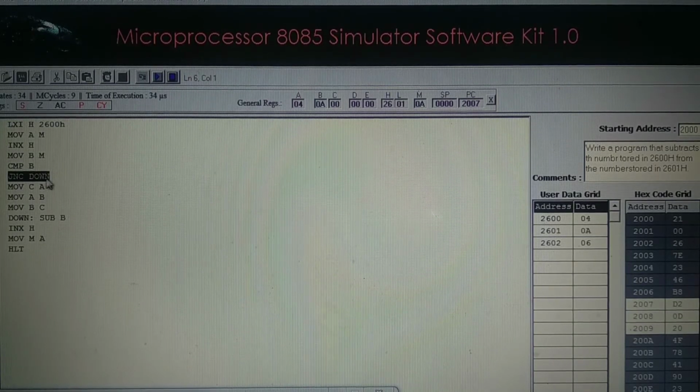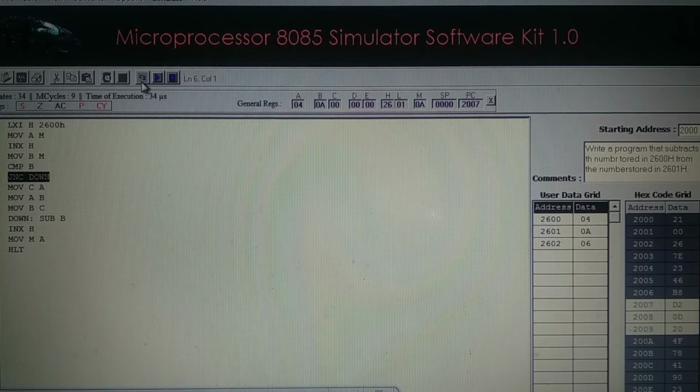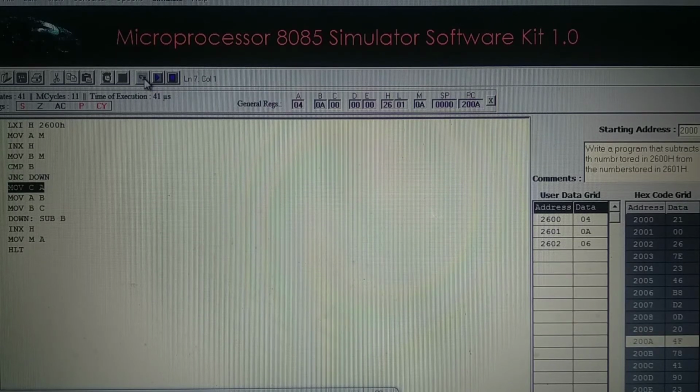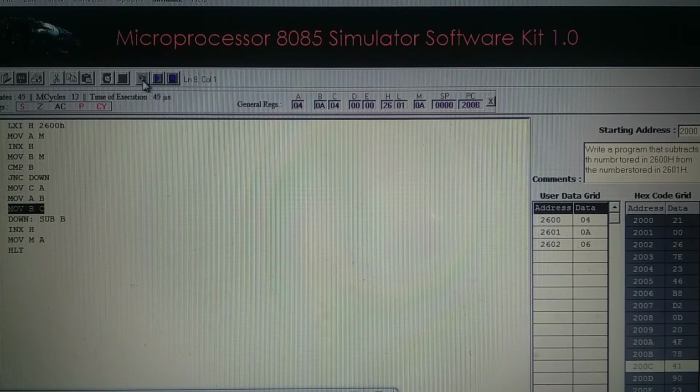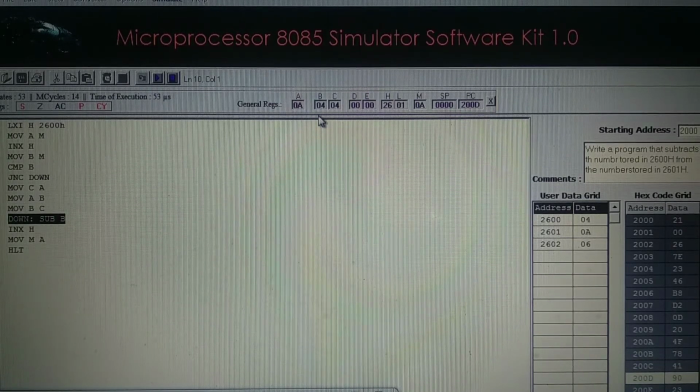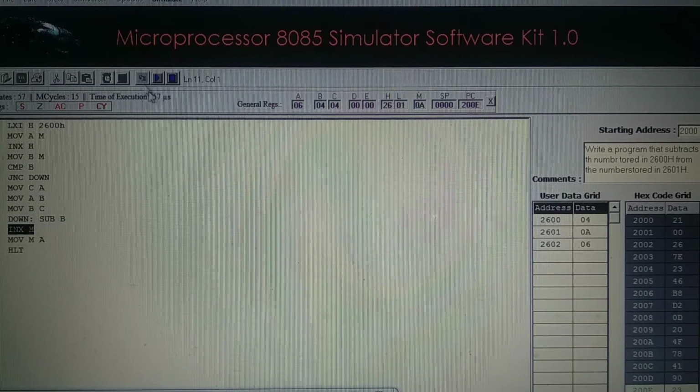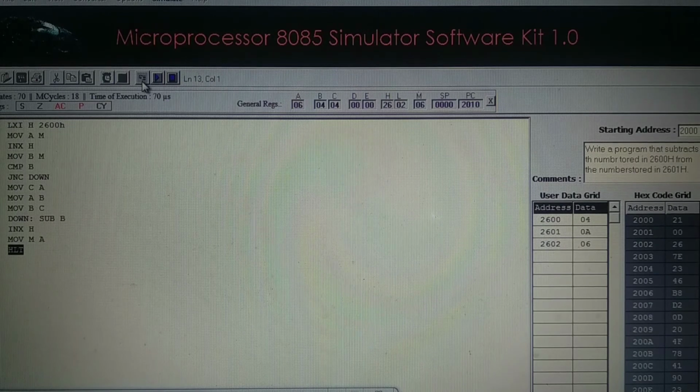Now the condition is not satisfied, therefore these three instructions get executed. A will be shifted to C. C becomes 04. B will be shifted to A. It becomes 0A. C will be shifted to B. It becomes 04. Now subtract, it becomes 06. Now increment HL, it becomes 2602, and the answer you will get here as 06.